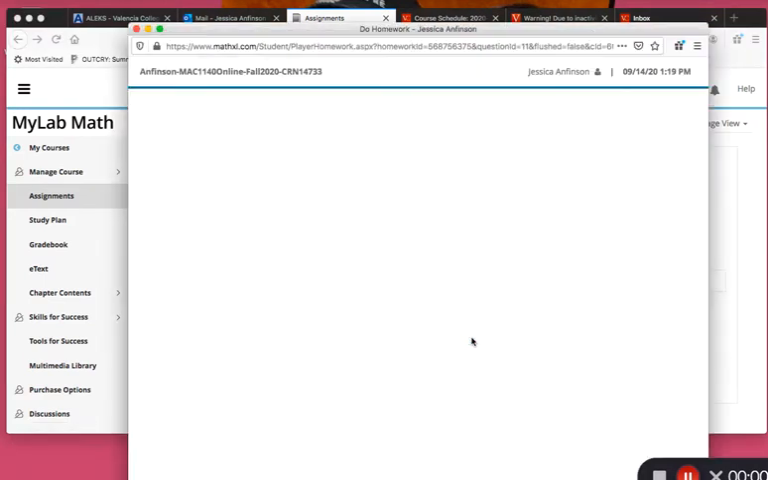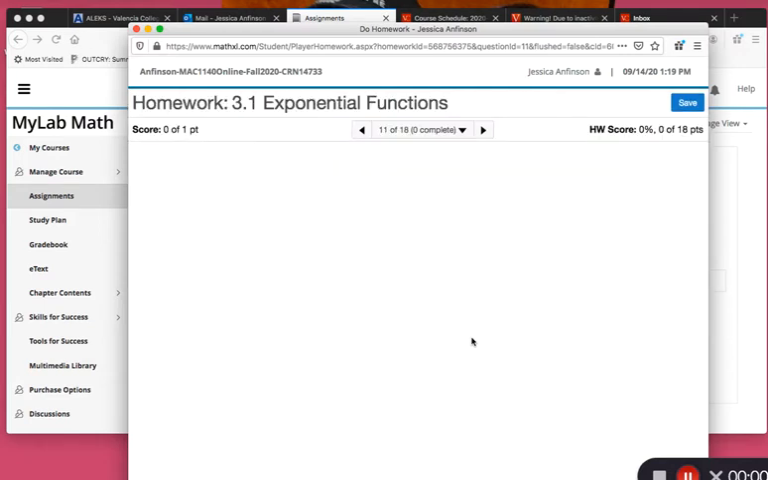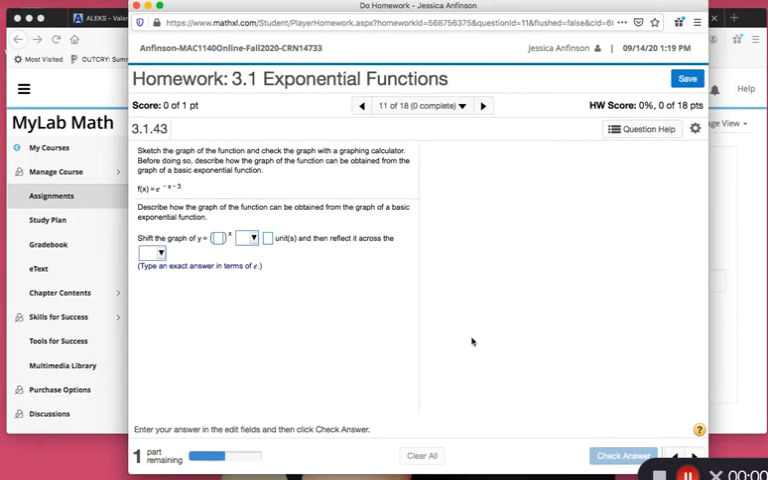And let's take a look at what it's asking. Sorry for taking a second to load. Slow internet. Okay, so we're asked to graph f of x equals e to the negative x minus 3, all